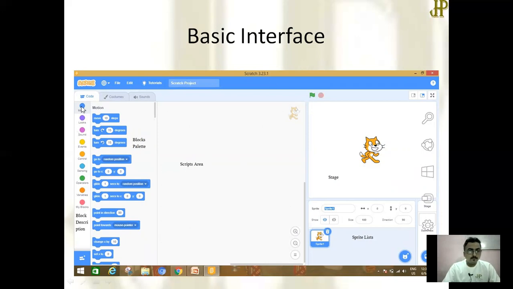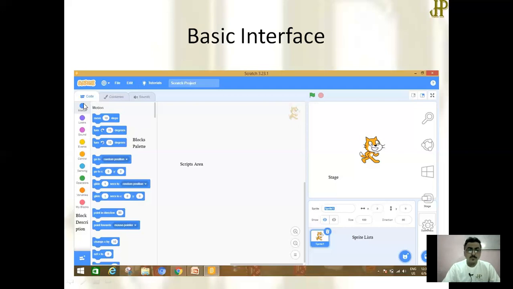After that, on the left hand side, you can see a block palette where there are a lot of things available related to animation like motion, looks, sound, events, control, sensing, and so on.